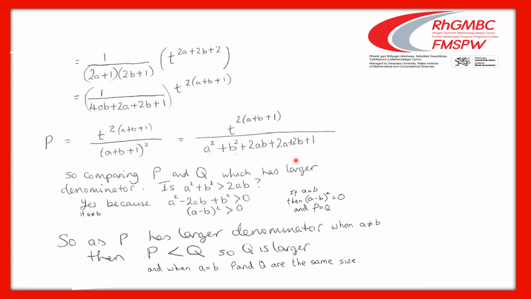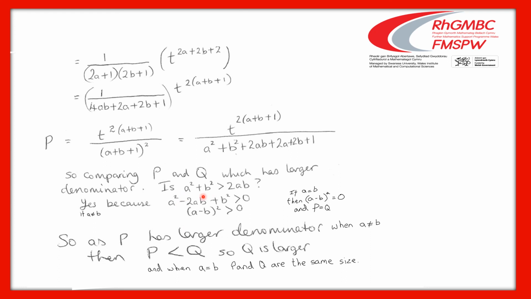They're both quite similar, and they have 2ab plus 2a plus 2b plus 1 in common, though p has an extra a squared plus b squared, and q has an extra 2ab. So which one of those is larger? Is a squared plus b squared